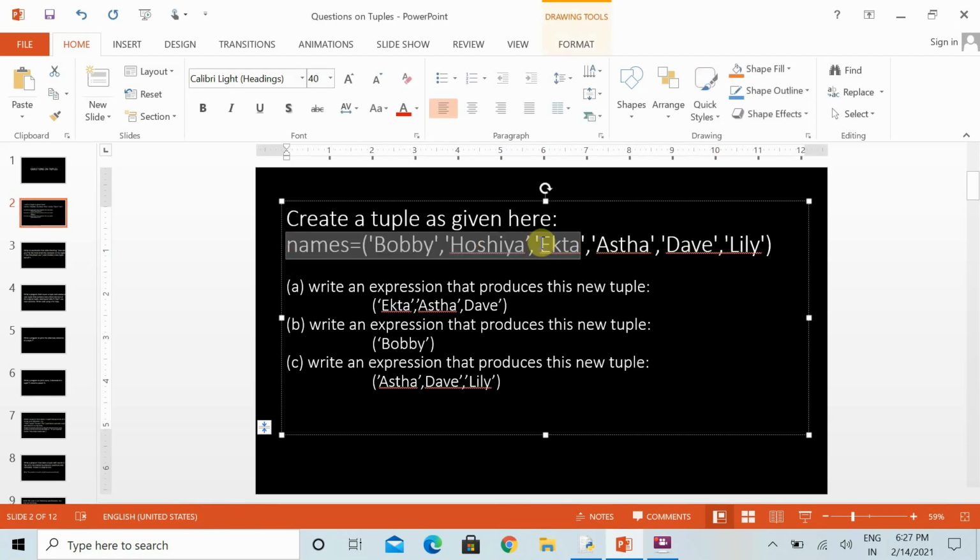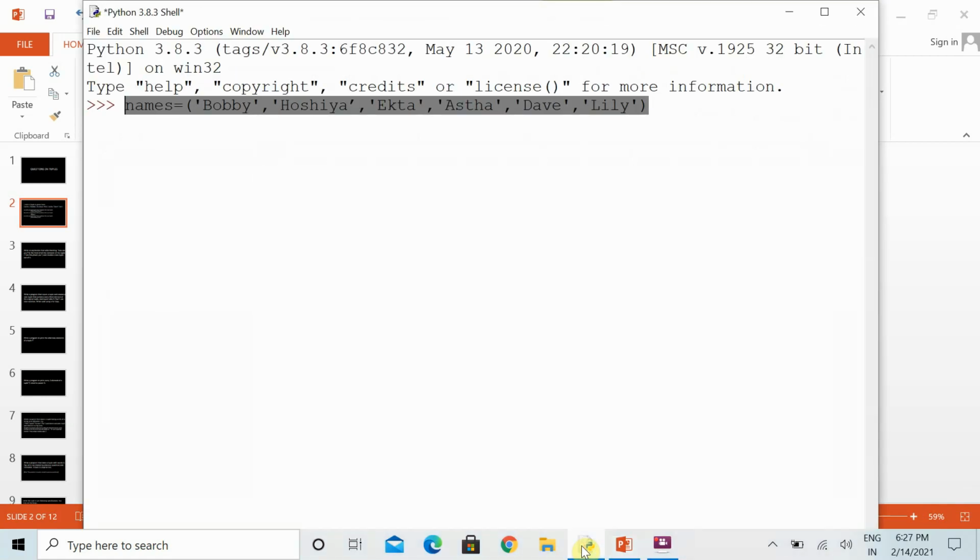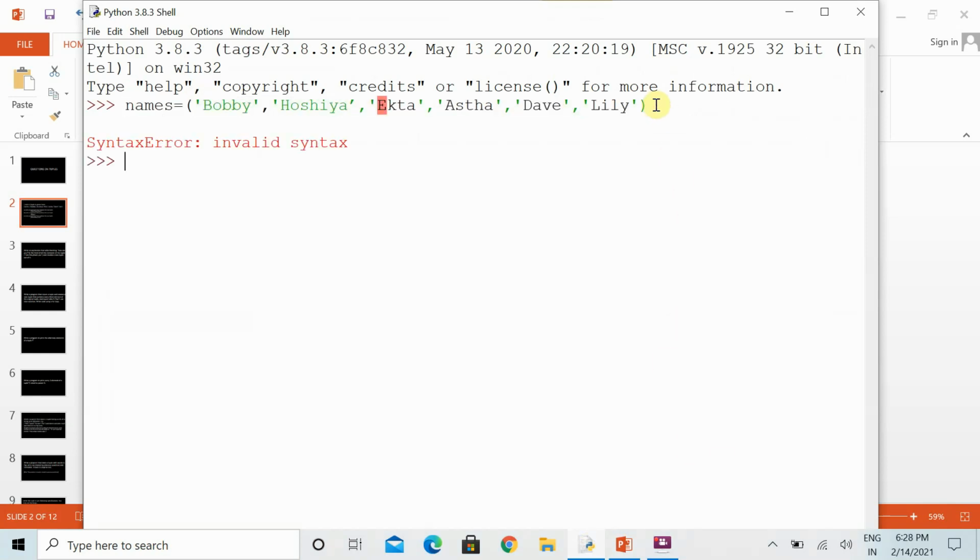So first we will create a tuple in the shell environment or in the script environment. That is up to you. We have created a tuple. After that there is a syntax error. Then we can see what the error is. Then we have to just specify these three values, so we can directly use the slice symbol. Ekta is at 0 position and then third and fourth.